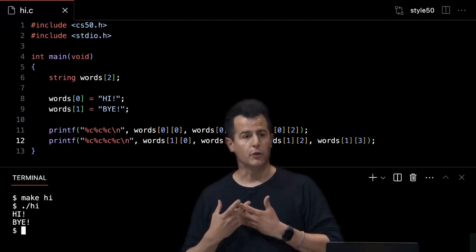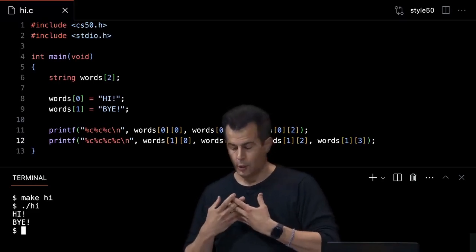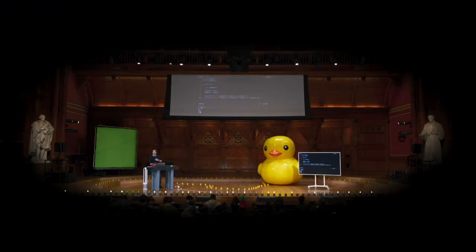So again, there's no magic. You are fully in control over what's going on inside of the computer's memory. And now that we have this array syntax with square brackets, you can both create these things and then manipulate them or access them however you so choose. Whew. Questions on arrays or strings in this way?